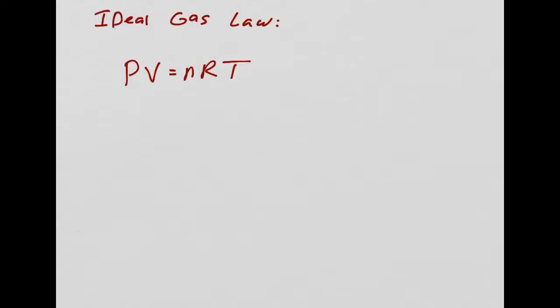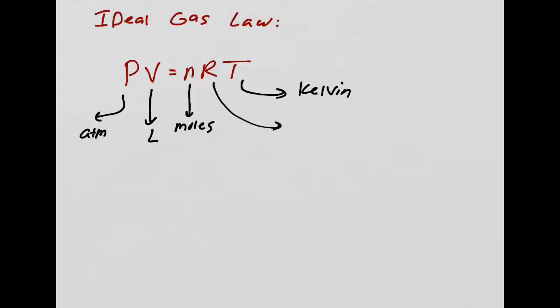Now, let's go over units. Units really matter. P is pressure. Pressure has to be in atm. V is volume. Volume has to be in liters. N is moles, you know that. And T has to be in Kelvin. T is temperature, has to be in Kelvin. What is R? That's the only one you don't know. R is the ideal gas law constant. R is a constant, and that constant is